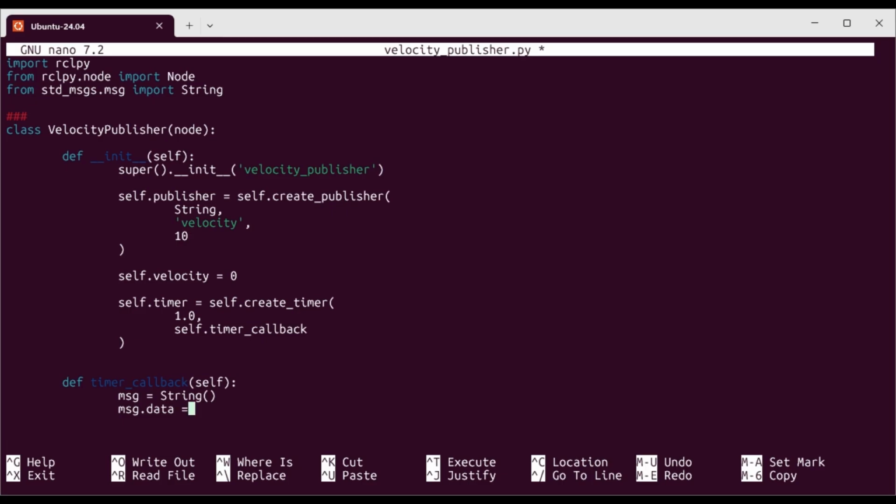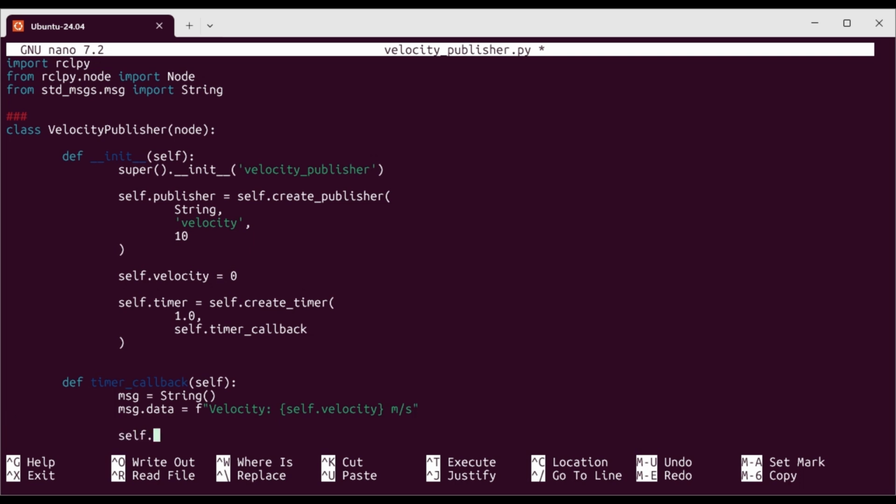You can write here an f-string with anything inside the quotation marks. I don't know what it is called, but you should know this. Velocity, and then we call self.velocity, which is initially 0, we defined up there, and outside this, meter per second, that is the units. Okay,